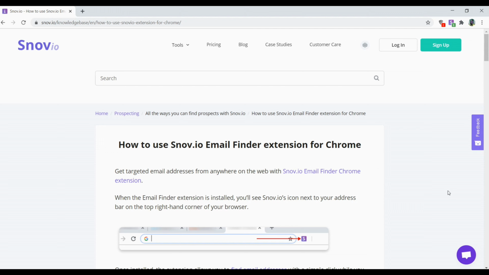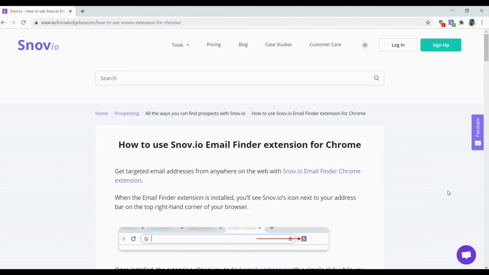That is, you can go on a website and extract the email ID of that particular website. Rather, I can say you can collect target leads on a website, your social or professional network. Google search results also you can target for leads. The possibility is endless because it's an extension of Google Chrome. So it will help you to find, verify, collect, and convert the lead faster.